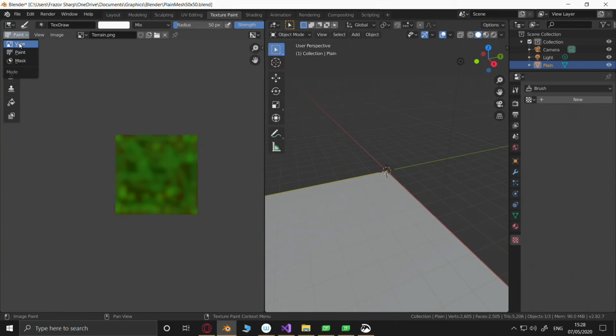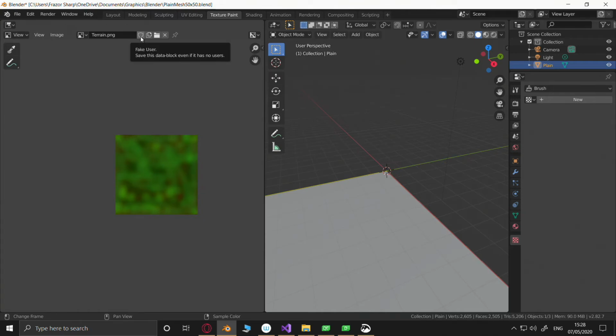View paint. Ah, view. Okay. Save this data even if it has no users. New image. Open image. Unlinked data. Okay. Browse image to be linked. How do you link it then?